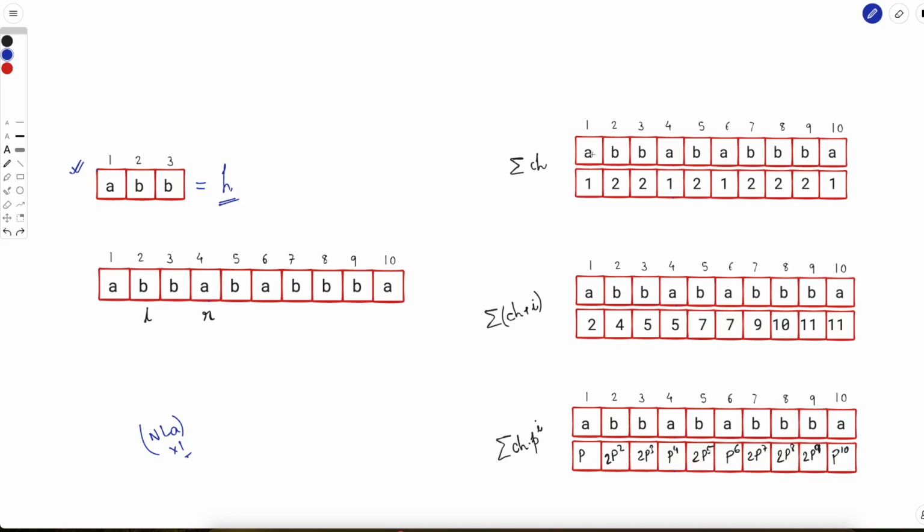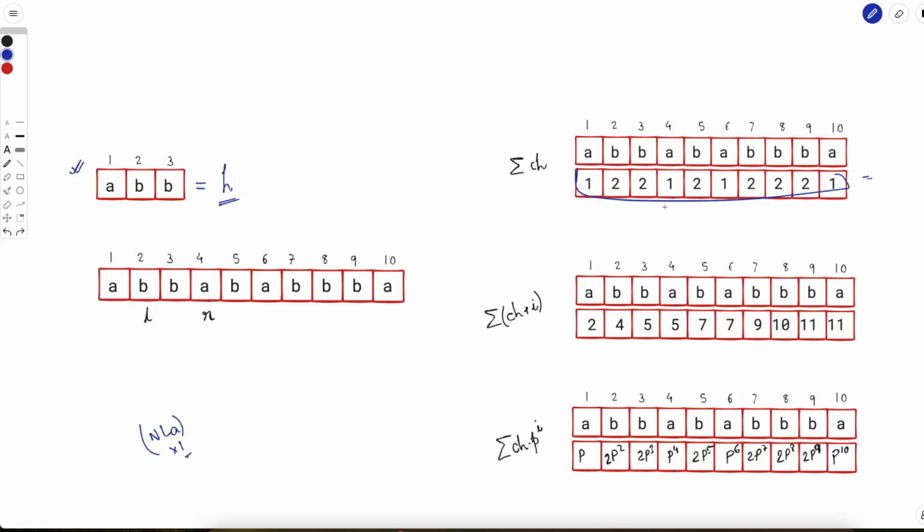So you can say okay, a is 1, b is 2, b is 2, a is 1, b is 2, a is 1, and so on and so forth. Now if I tell you, find me the hash of this entire string, you can simply sum this entire thing and you will get some number